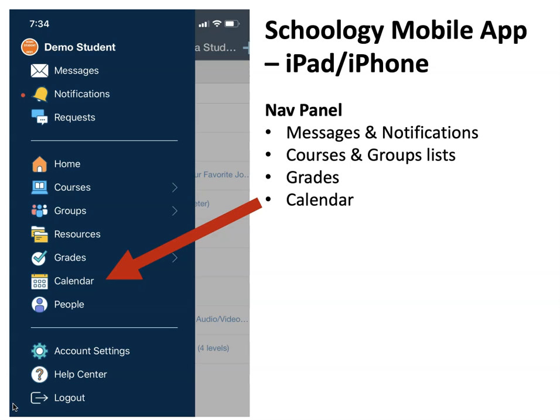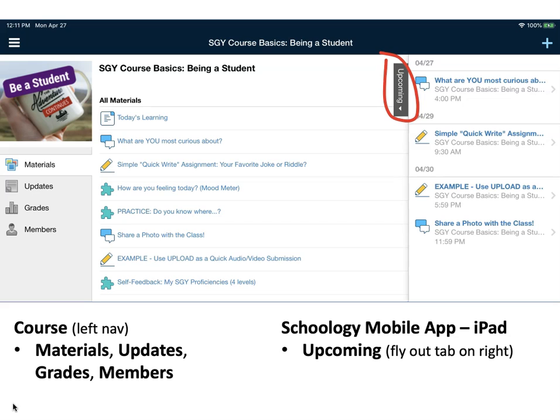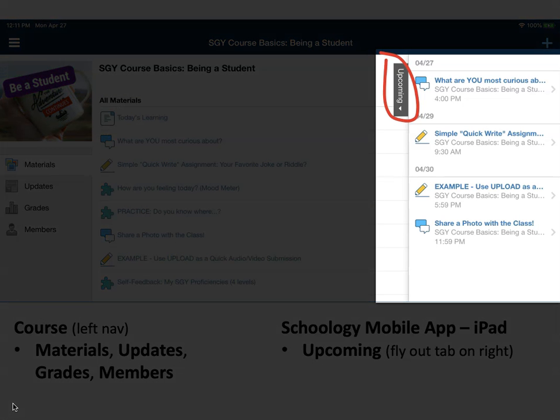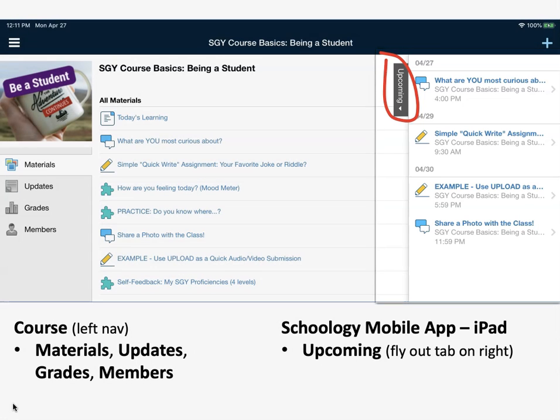Students also can click on their navigation icon in the upper left of the Schoology mobile app, where they can access their messages and notifications, courses and groups. But here you can see they can also get direct access to their full calendar. Now, when students navigate to an actual course, they'll also have an upcoming tab that will feature the upcoming assignments